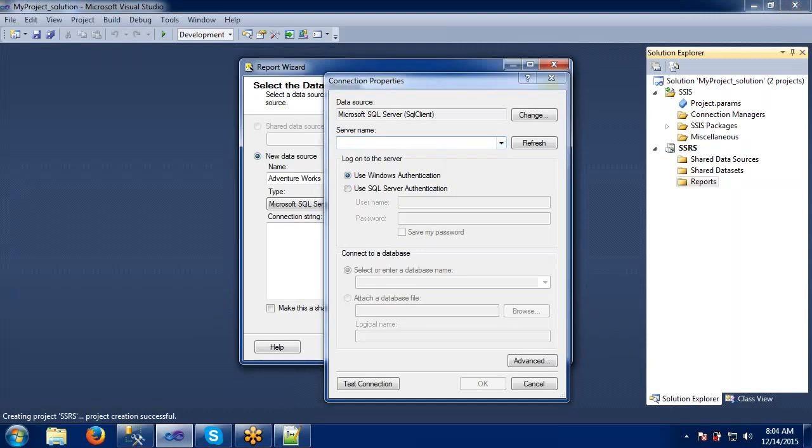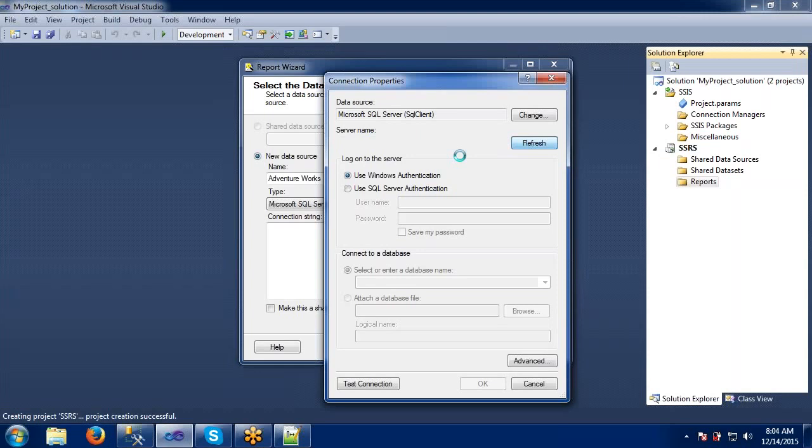Let me take it, it's trying to open this one. Let me click on this. It's trying to connect to my system. Okay.